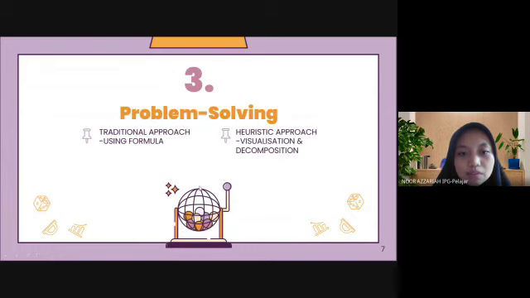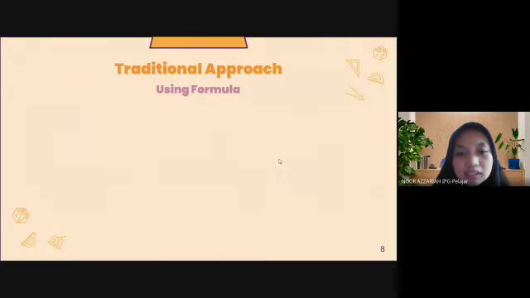So this is the problem solving. First, I will solve the problem using the traditional approach, which is by using the formula. And then the heuristic approach, which is using visualization and the decomposition method. So for the traditional approach, which is using the formula,